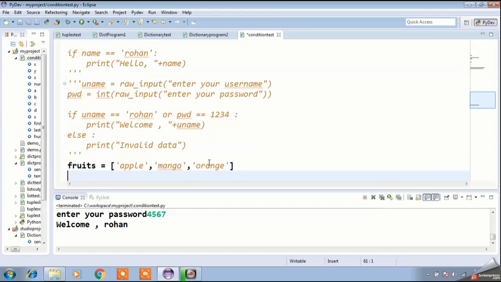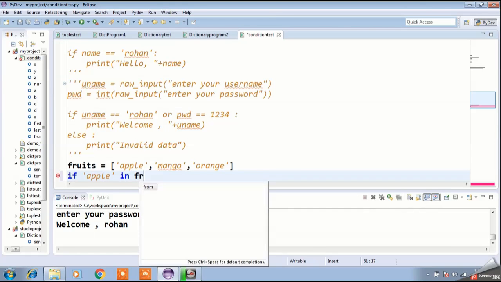Okay, and I want to know if apple is present in the fruits list or not. So for that, if apple in fruit list,